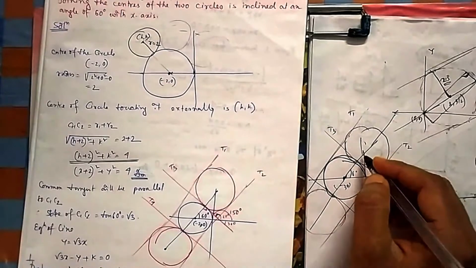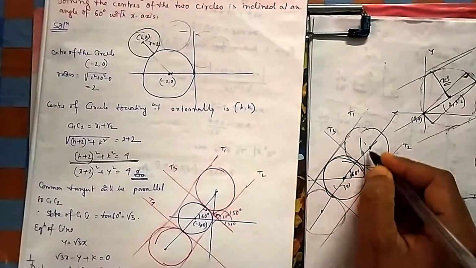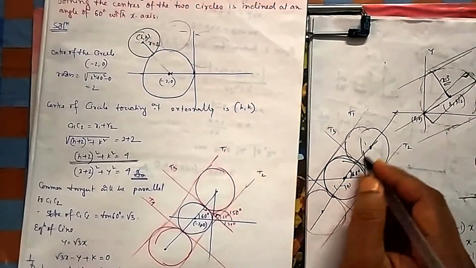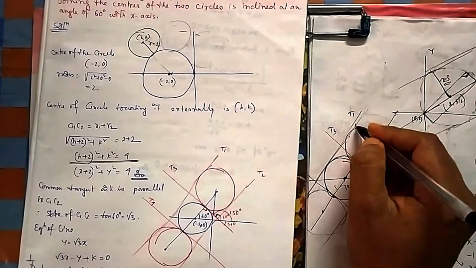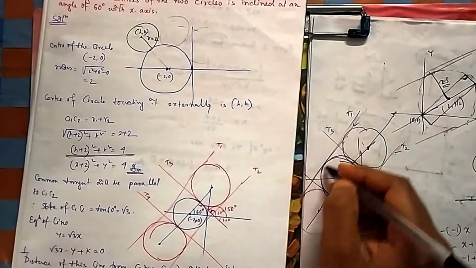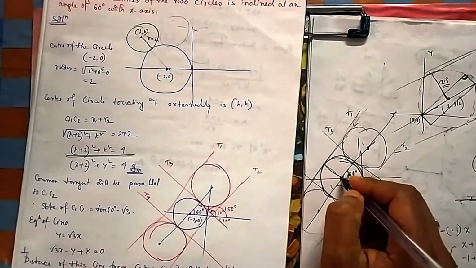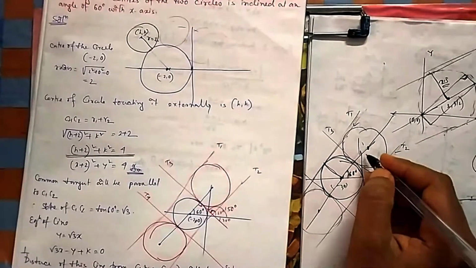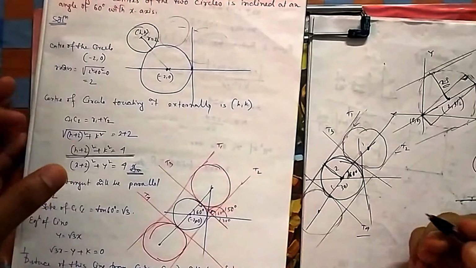What is the idea? Because you know the angle is 60 degrees, you can find the slope of this line. Once you know the slope of this line, then you know the slope of these two. Then you take a straight line of this slope, and the distance from any center, this center you know is fixed because these are moving, has to be 2. You have to calculate that. That you can apply everywhere.